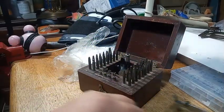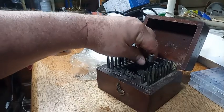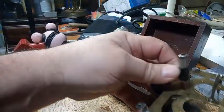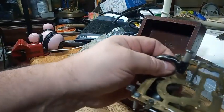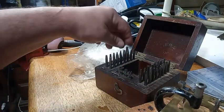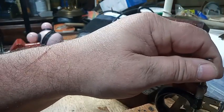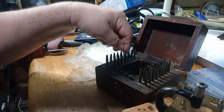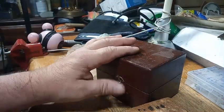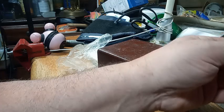Now if you can use it, a staking set, which is used for pocket watches, is good for putting the bushings in, not all bushings, of course, but you can put this down and then use some of these tools to push the bushings in. If you have a drill press, that works also. But in this particular bushing that I'm trying to put in, that is in the way. So